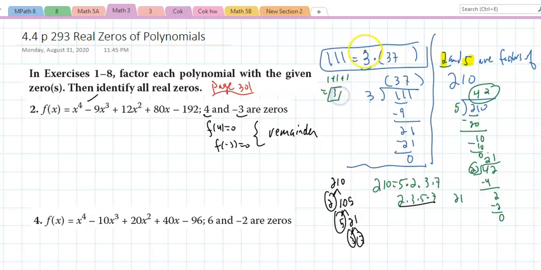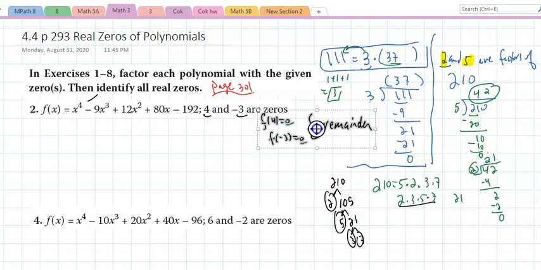Guess what? 3 divides 111. You don't know that it's 3 times 37, but you know it works. Somebody's telling you that f of 4 and f of -3 give a remainder of 0. That's what that means. And if that's the case, that means x minus 4 and x plus 3 is a